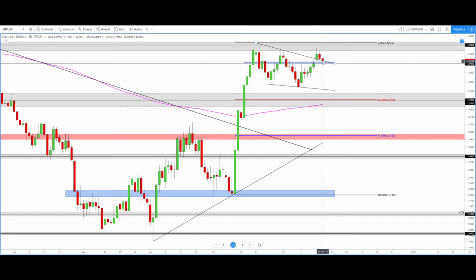candle here. And now we need to watch really carefully the price action around this key level and this bearish trend line, because if the price breaks this bearish trend line and this key level 1.29 with a daily candle, I expect a new bearish phase, and this will be a good confirmation before the next bearish phase. But if the price breaks this level and starts a new bearish phase, I will look carefully at